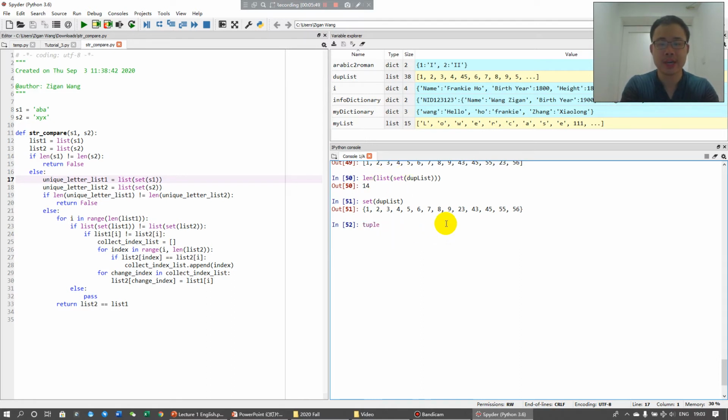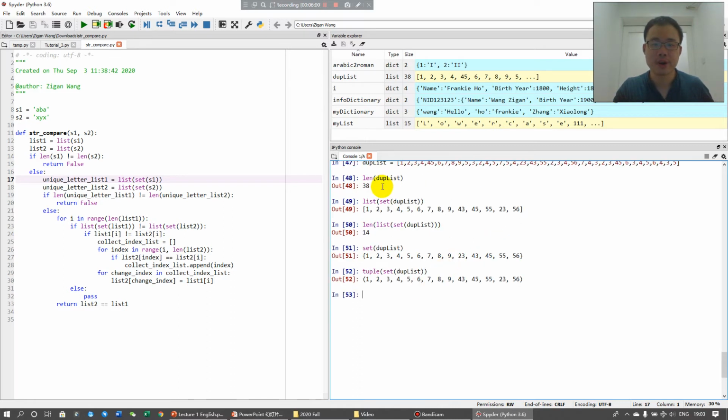Can you make it a tuple? Yes. Okay. Can you, if you have a tuple,